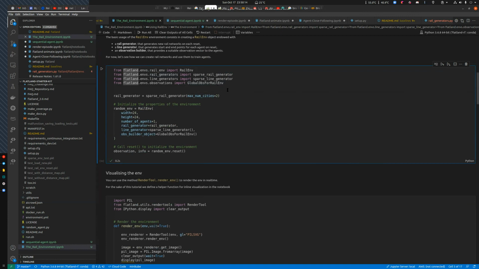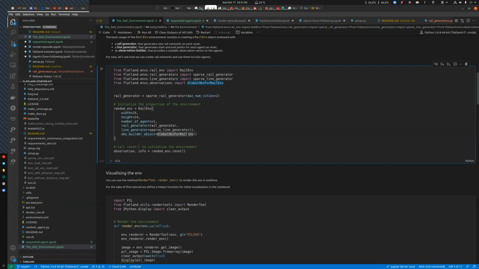So we are constructing a sparse rail generator here with a maximum number of cities of 2, and the properties of the environment will be: the width will be 24, height will be 24, the number of agents is 1, the number of rails generated will be the number of cities, that is 2, and the sparse line generator, that's the default that we are taking, and the OBS builder object, it's global OBS for the